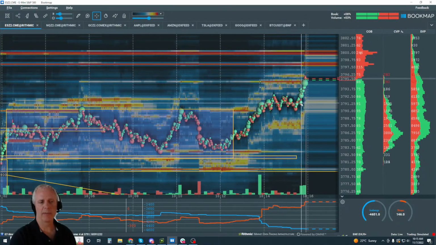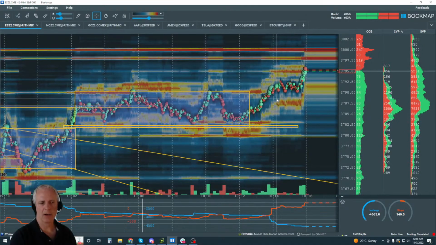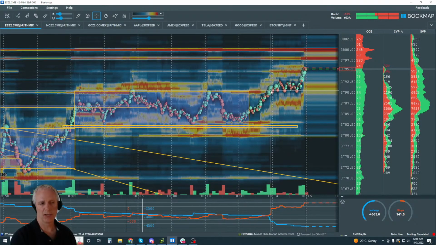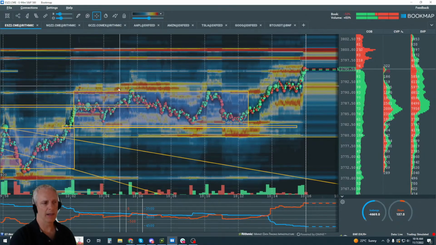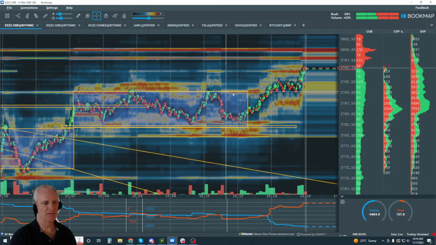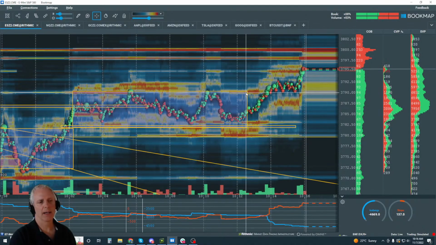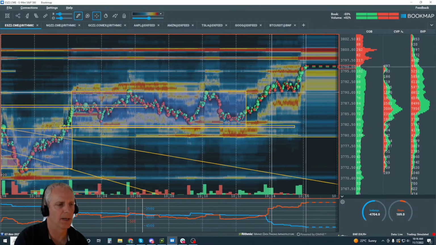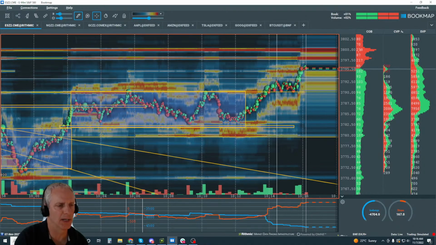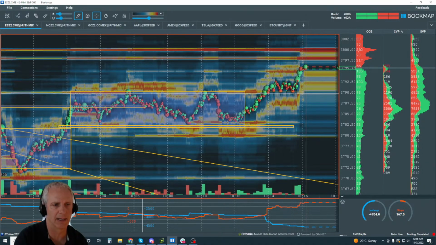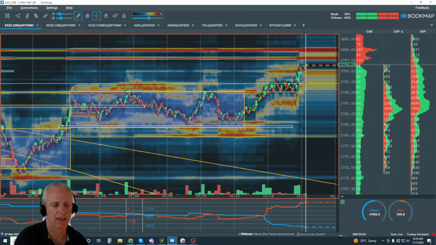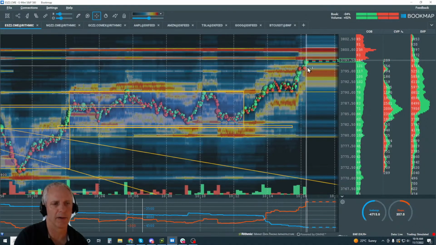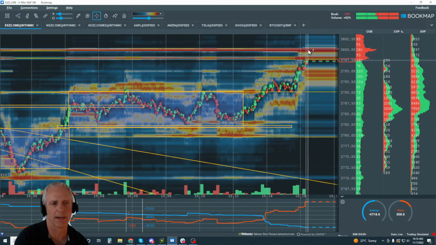Now you see, I would have missed that one. I would have let it go. The volume looks pretty good in here. It's not bad, but that top edge in here, it wasn't bad. So what happened? This is what happened. It traded through, and then bounced off of the 90 level, and now traded to 95. Okay, and looks like we got enough buyers in here to trade to 3,800 now.